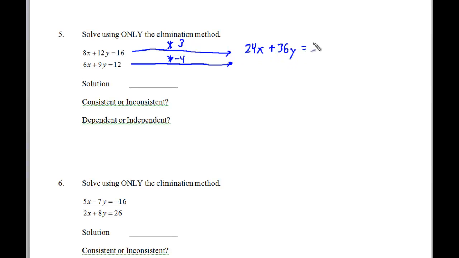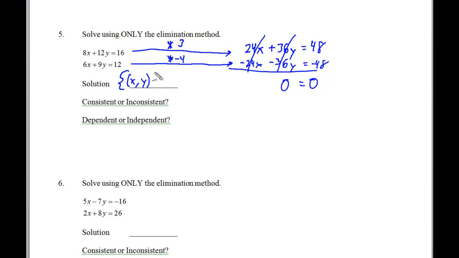Now if I multiply everything by 3, I'm going to get 24x plus 36y equals 48. Multiply this by negative 4, I get negative 24x minus 36y equals negative 48. Now what happens when I bring this together, these simplify to 0 and this simplifies to 0. So my solution is all solutions because these are the same lines, but we have to tighten up our answer here and say, well, for x and y,